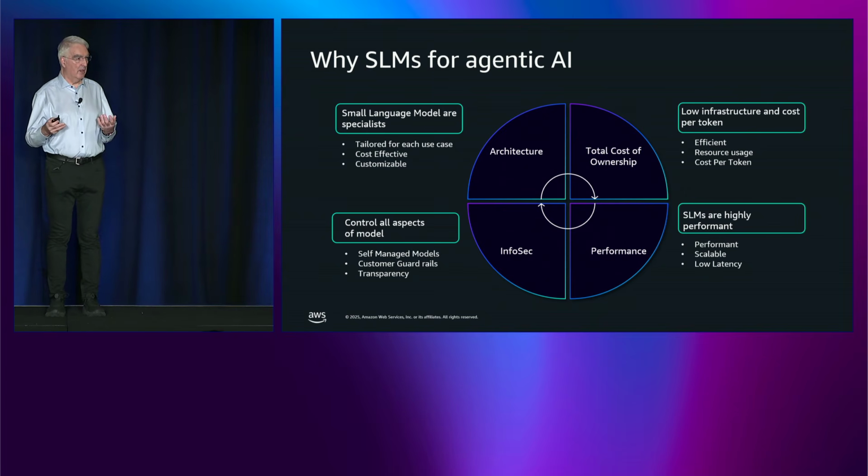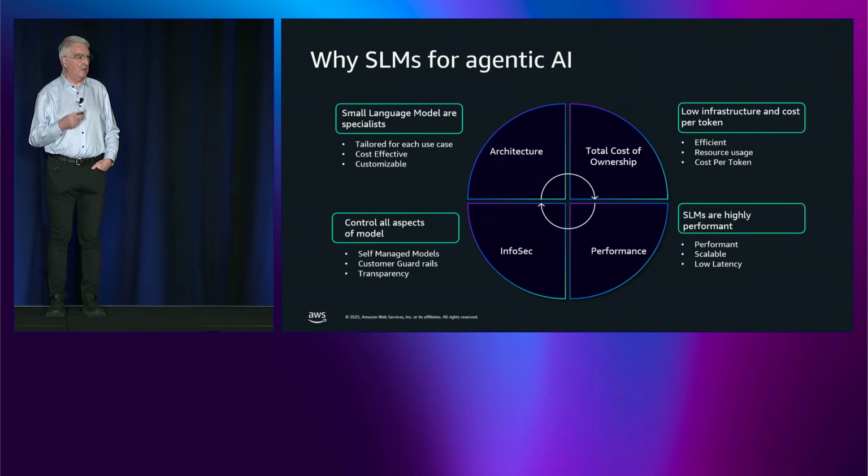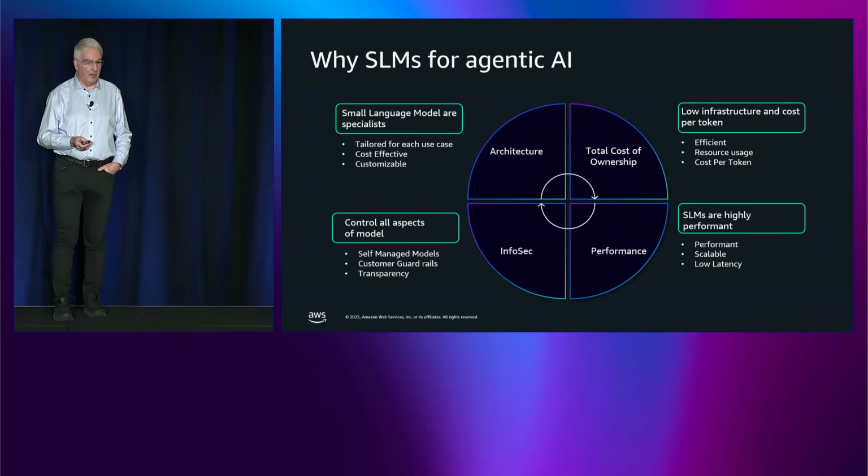More importantly, you can control all the aspects of the agent in terms of how it behaves, what data it can see, etc. You can basically have a low infrastructure cost because the cost per token running an SLM is much, much lower, like 2 or 3% of the cost of an LLM. And you don't need the same number of GPUs at the edge to run it. And it's also highly performant, especially in terms of low latency. Some of the models are actually really quick at coming back with an answer, which is important for the agent.